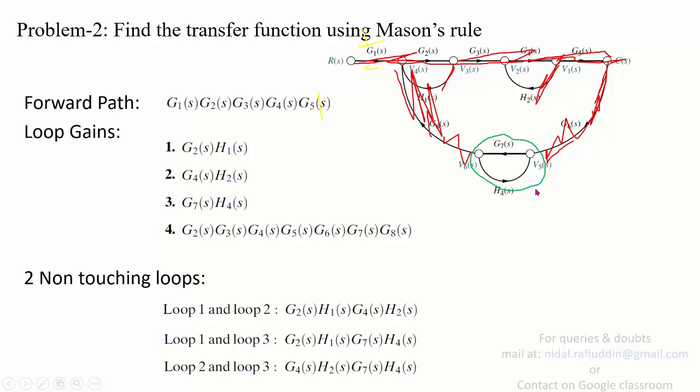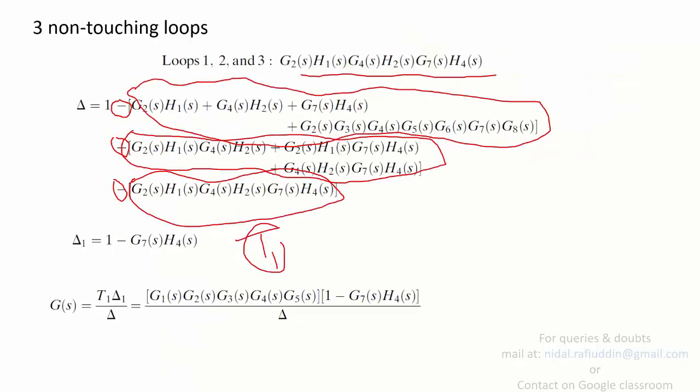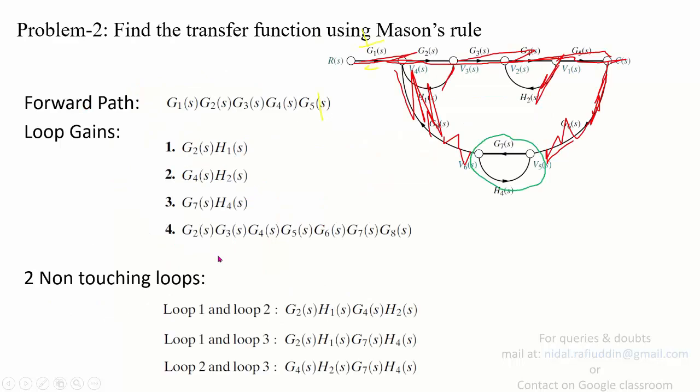For this SFG, if you are going to write delta 1, applying the formula of delta for obtaining delta 1 will give you 1 minus the sum of loop gains. For this particular SFG, you have one loop, which is G7H4, and that is why delta 1 is given as 1 minus G7H4. And since you don't have a second forward path, we are not going to find delta 2, since we didn't identify T2, there's only T1.